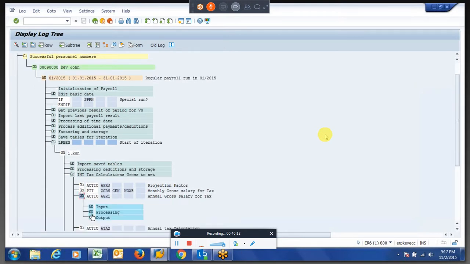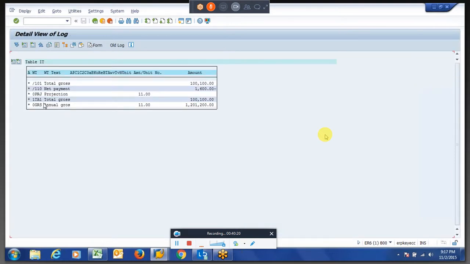So if you see the input, the IT table, what you have is the annual gross, and you have the monthly gross over here.